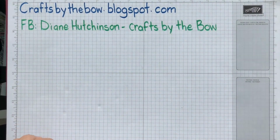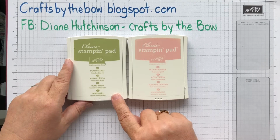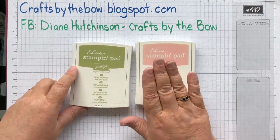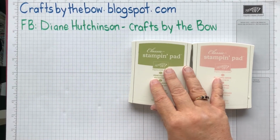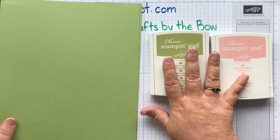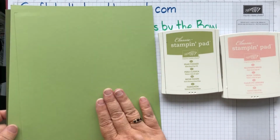Okay, so my two colours that I chose are Blushing Bride and Pear Pizzazz. And I wanted to do my flowers in Blushing Bride and my leaves in Pear Pizzazz. And so I wanted the base of my card to match one of my ink colours, but I couldn't decide which one. And I loved the Pear Pizzazz,